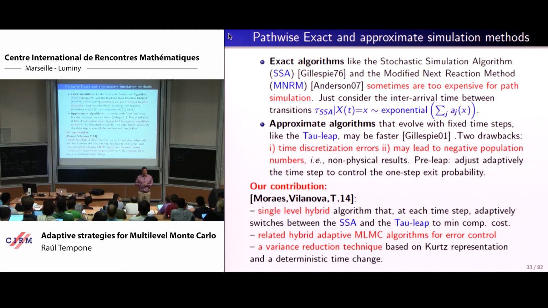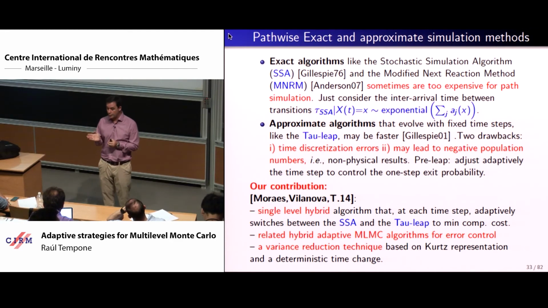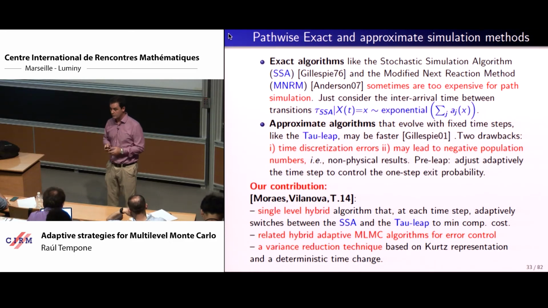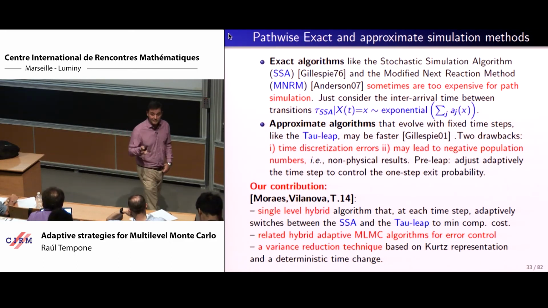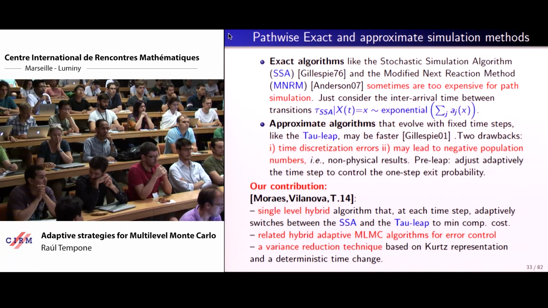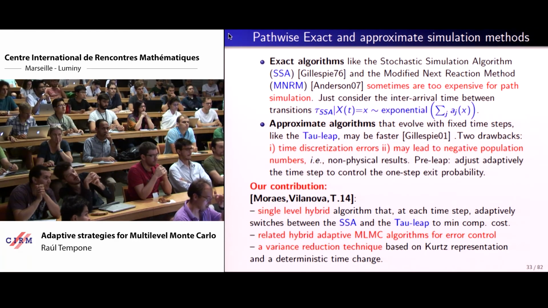So you do variance reduction in order to reduce the constant in front of the TOL to the minus 2. That's the whole point in this context, as opposed to the other case where we actually can push the complexity from TOL to the minus 2 log squared times TOL to the minus, into TOL to the minus 2. Here it goes from TOL to the minus 2 into TOL to the minus 2. Okay? And still you can get impressive gains. So constants matter, that's what I'm trying to tell you.